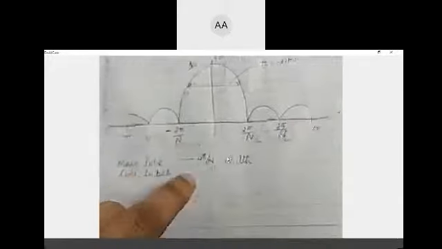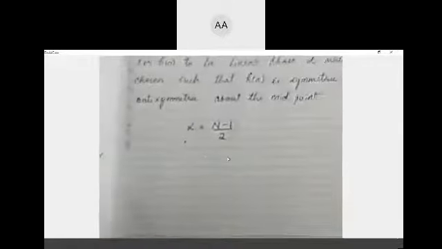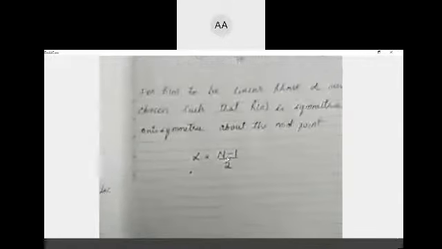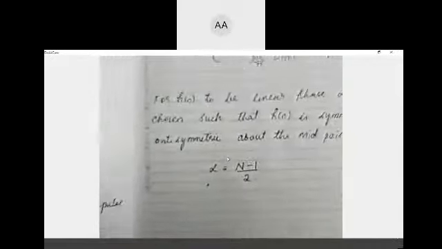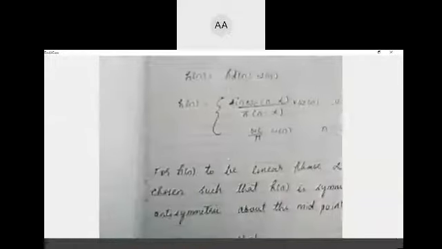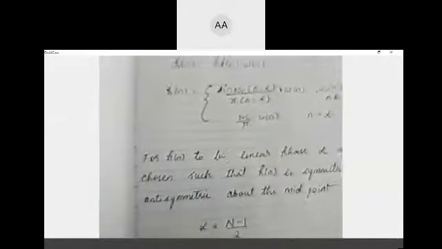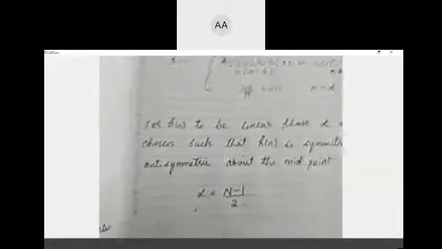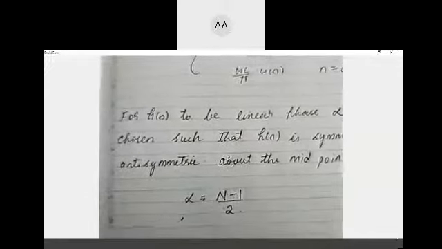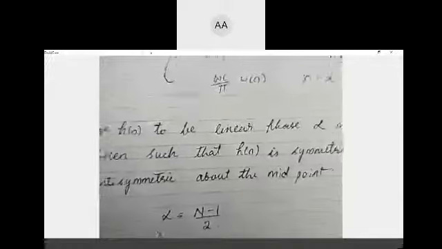We will see that in detail. Okay, you don't have to worry. All these things will be specified in the design. They may give you the alpha value, they may tell you omega c. You will have to calculate the N value using this, and then you will have to just do this integration, whatever we did in the problems. You remember this: find out the impulse response, multiply the impulse response with the w of n. These are the basic steps to follow for your problems. Okay, the steps are formally given in the notes also, the different steps. You can have a look at it.